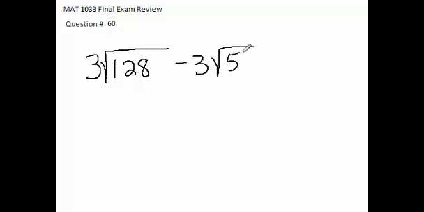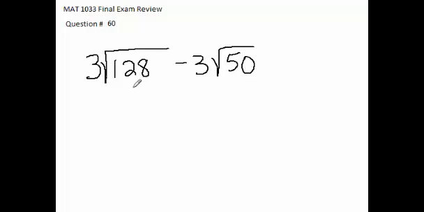MAT1033 Final Exam Review Question 60. Now this problem is a little more recent than some of the others. This was from Chapter 9, and we're supposed to subtract. We have 3 times the square root of 128, and we're going to subtract 3 times the square root of 50. Well, at first glance we would think, well, we can't subtract those because they don't have the same radical